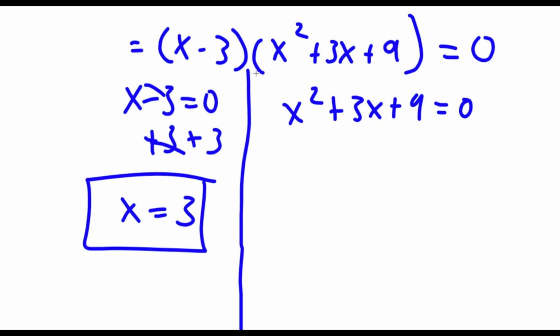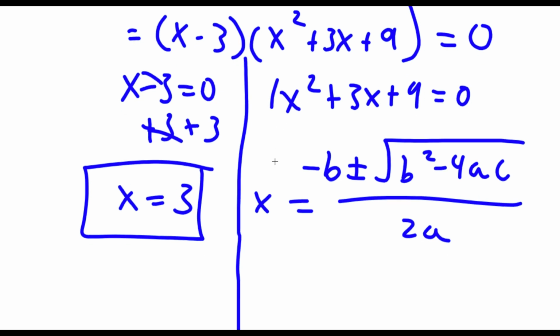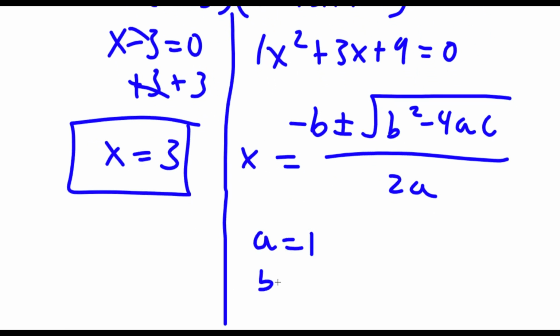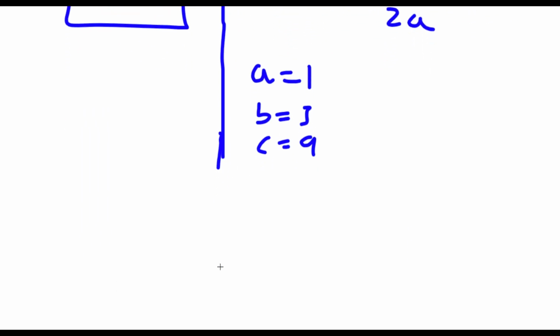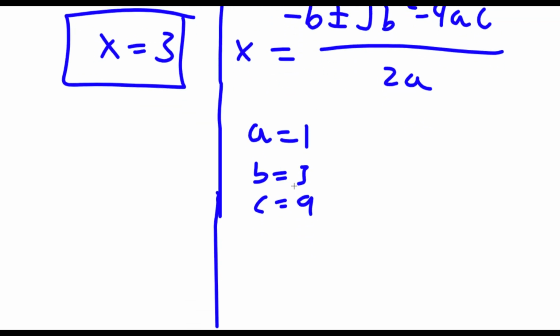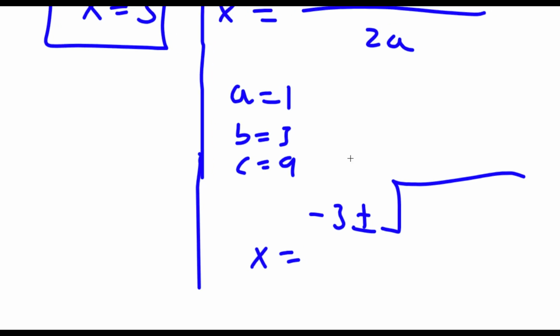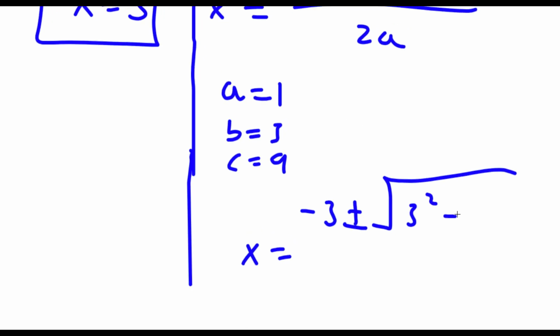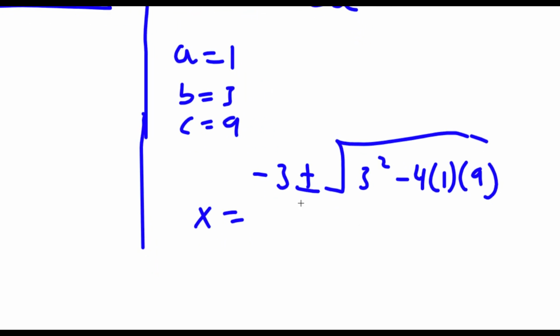Now for x squared plus 3x plus 9 equals 0, I'm going to be using the quadratic formula, which is negative b plus or minus the square root of b squared minus 4ac all over 2a. Now in this case, a is equal to 1, b is equal to 3, and c is equal to 9. So now I have x is equal to negative b, so negative 3, plus or minus the square root of b squared, so 3 squared, minus 4 times a, which is 1, times c, which is 9, all over 2a,